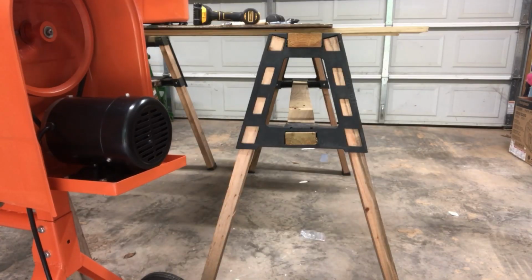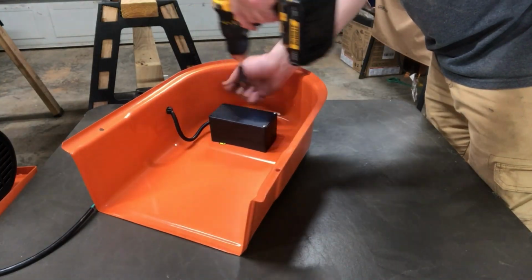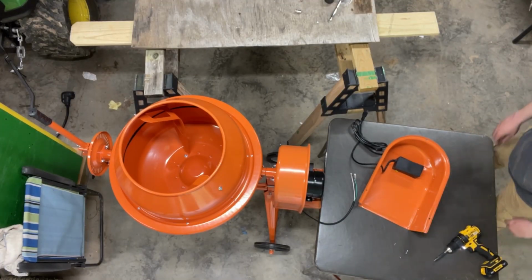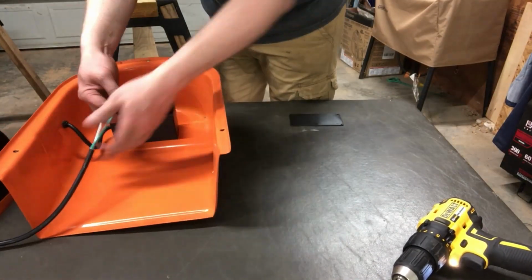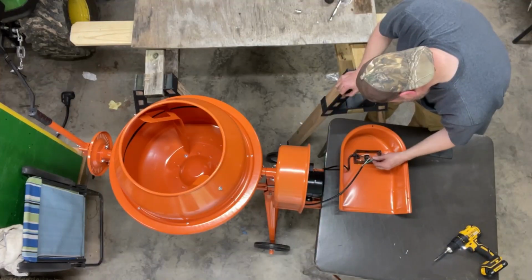On the shroud, they don't give you a plug necessarily to plug the motor in. There's a hole on the side of that black box that I didn't see. Be honest with you, at this point I'm kind of over the mixer. I'm ready to be done with it. Didn't see the hole, and so